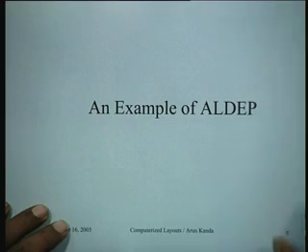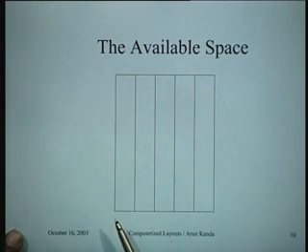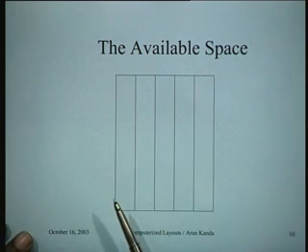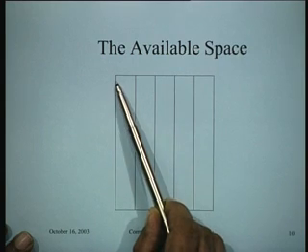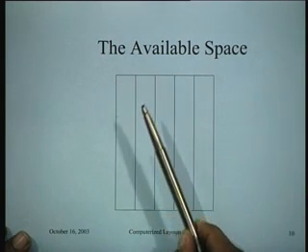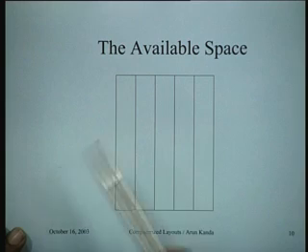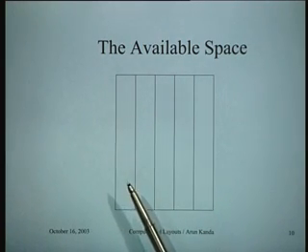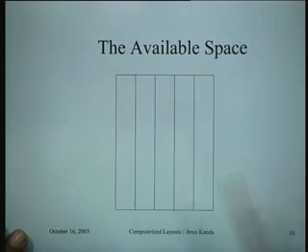Now let us try to get an idea of what the whole thing will look like if you follow this procedure of LDAP. We start with the available space. Let us say there are 4 departments, let us call them A, B, C and D, and we want to locate them in this particular space. We are going to be constrained by this width. We are imagining that each department is cut out on a strip of constant width, and we will cut out the length depending upon the area of the department, which we know, and we will allocate that in this.